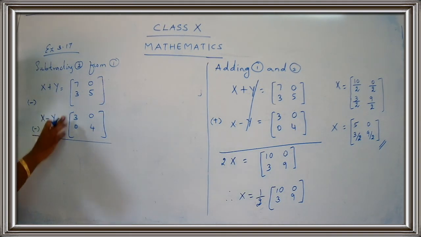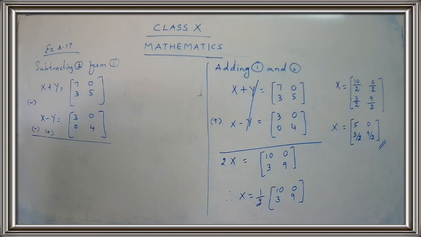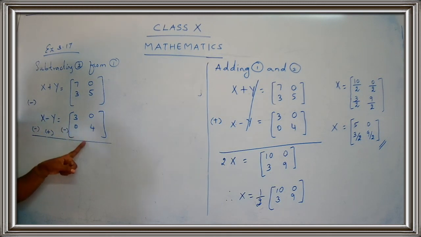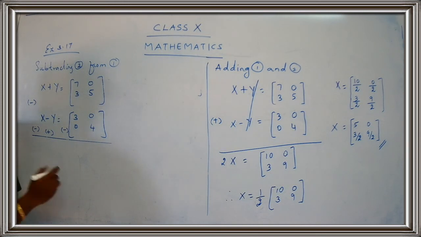Okay. Now what to do here? What we are going to do here is just change the sign. I'm just going to put a minus here. That's all. I'll just put a minus sign in front of the matrix. That means whenever I choose a number, I have to keep in mind that I'm going to take the negative of this matrix. We have already done the negative of the matrix. I hope you remember it, children.